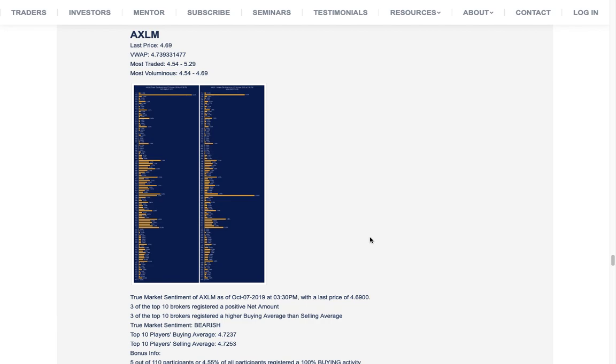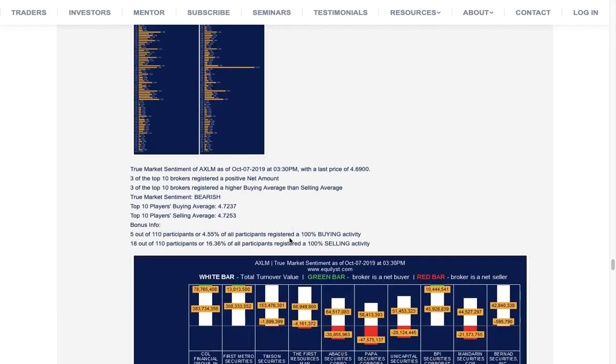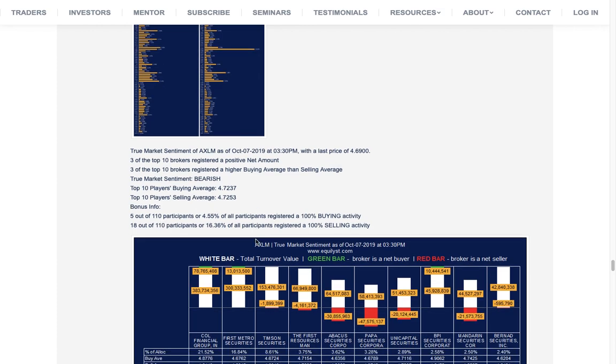Okay? Because the IPO stocks are not all the same in terms of price action within the first week. So take a look at its true market sentiment. It was bearish for today as well. 110 brokers participated in trading AXLM today, but only 18 out of 110 got 100%, or only 5 out of 110 got 100% buying activity. So there was no humongous interest to buy AXLM